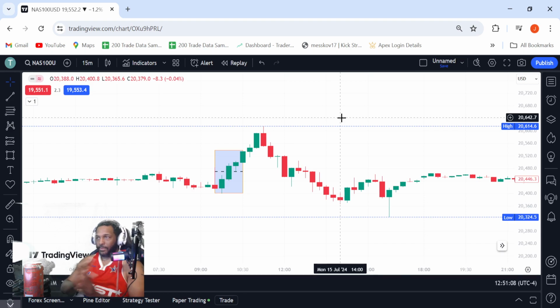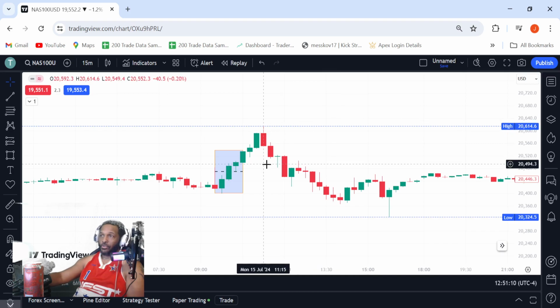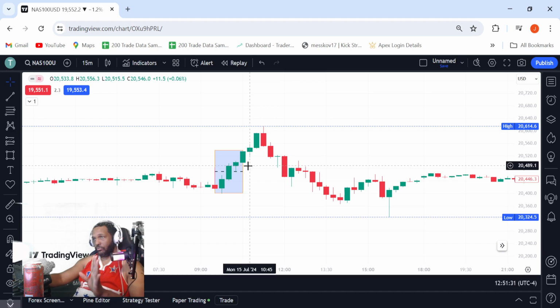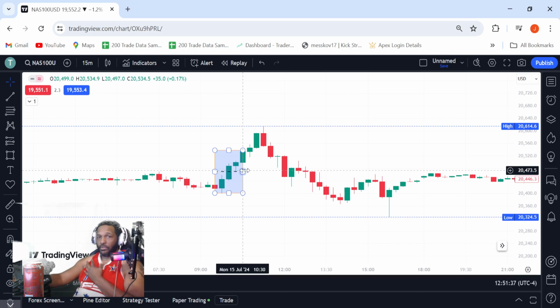So, what do I mean? I'm going to explain. You have the closure above your initial balance. Within, like I said, 45 minutes, so 15, 30, 45, by the time we get to the next hour, you've got a closure back inside the initial balance. This is why I say go look it up, research, do your own independent work, and see whatever you're able to derive from it. But I treat the initial balance